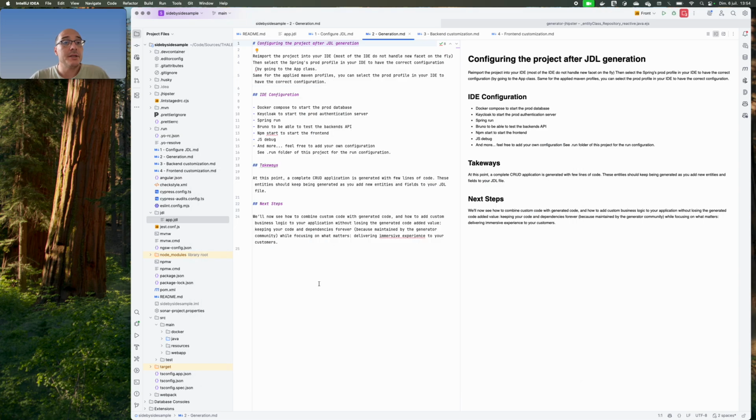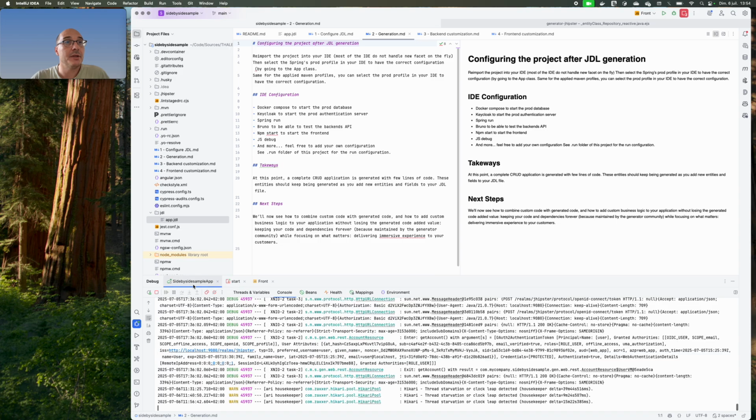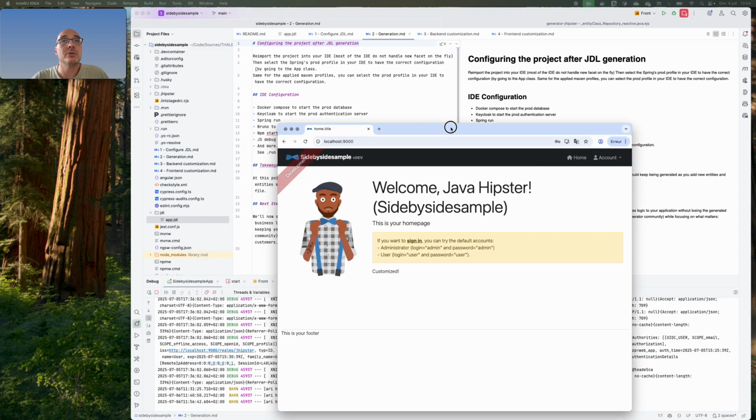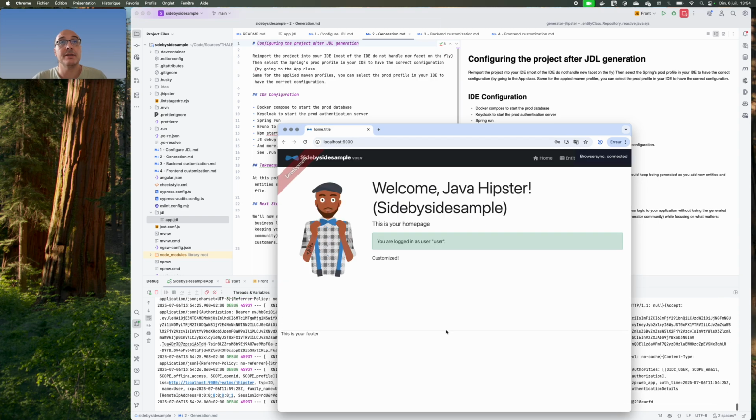So here at this stage, when I start the backend and the front end, I have a working sample that lets me sign in, using the Docker Compose Keycloak that has been installed, and also the Postgres database that I start as a container.